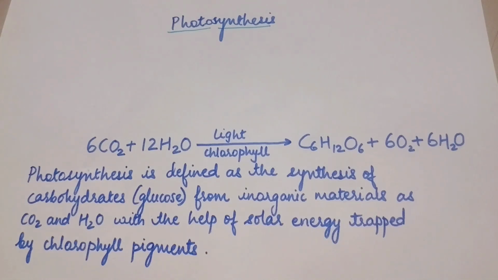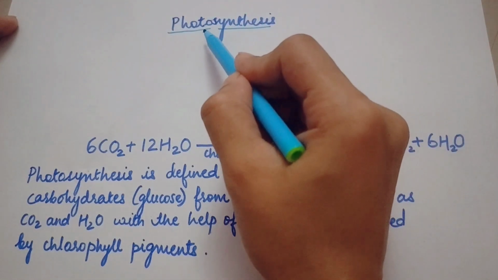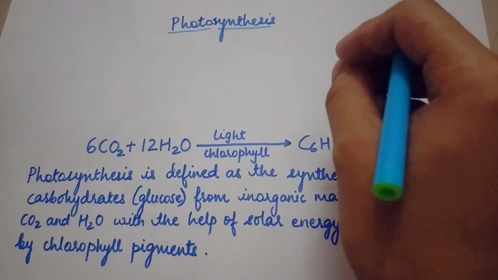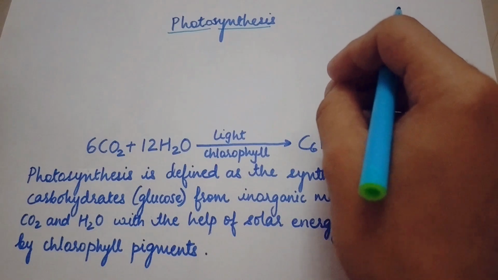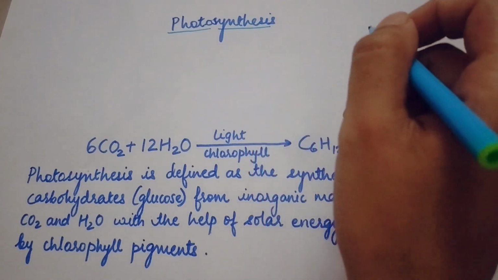Now what do green plants have which helps them to perform photosynthesis? Green plants have chlorophyll pigment, which helps the plants to do the work of photosynthesis, that is preparation of their own food. That means this light, the photo part, is trapped by some pigment which is present in green plants, which is chlorophyll. Okay, and then they will synthesize their food, which will be in the form of carbohydrates.